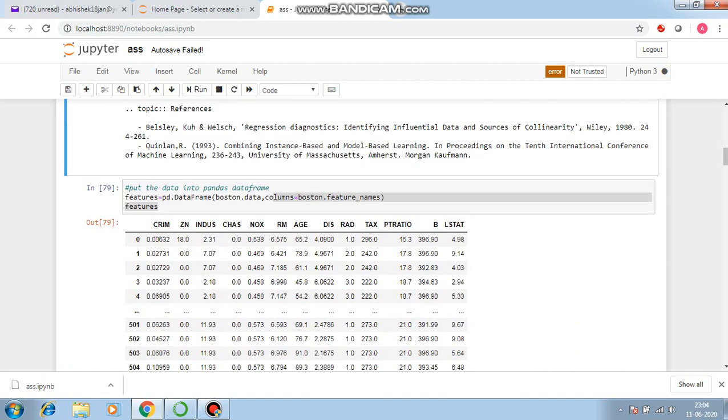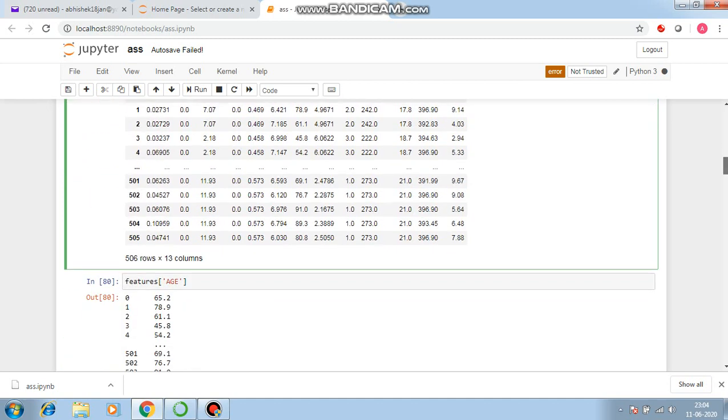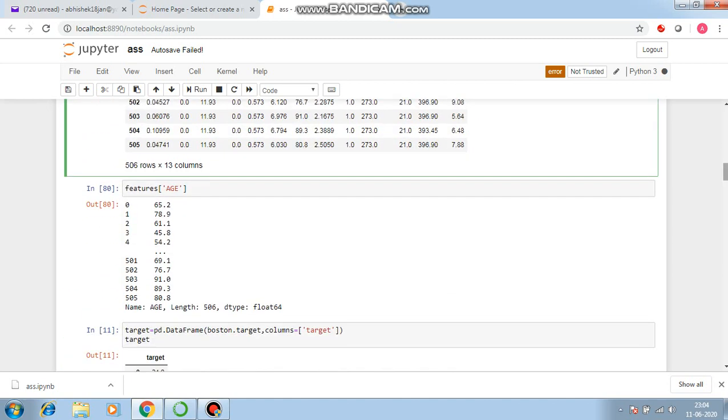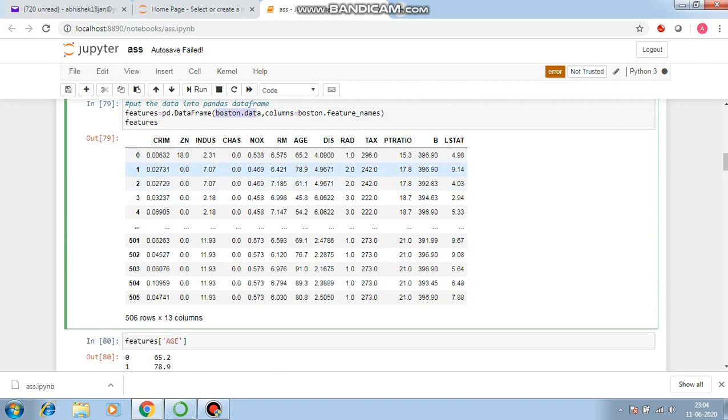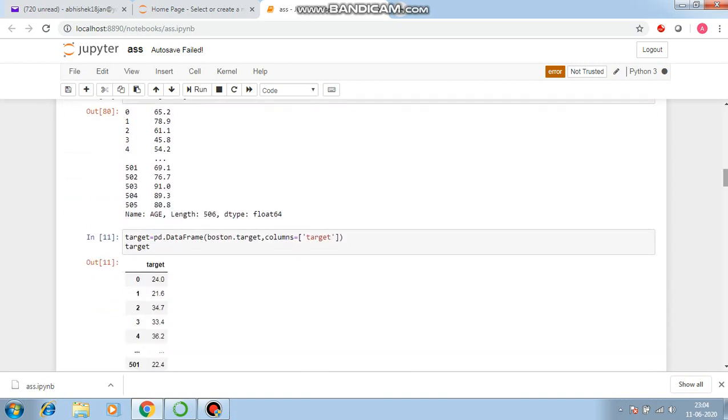Then we put the data into a single pandas data frame. For that we will just give the input and the column names, and it will appear like this. If you want to know anything about a particular column, we can put the name of the data frame here, and then select which column we want to know about, like AGE. For the target, we will create a separate data frame.